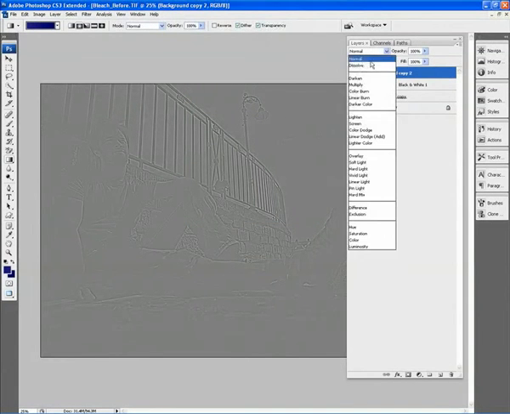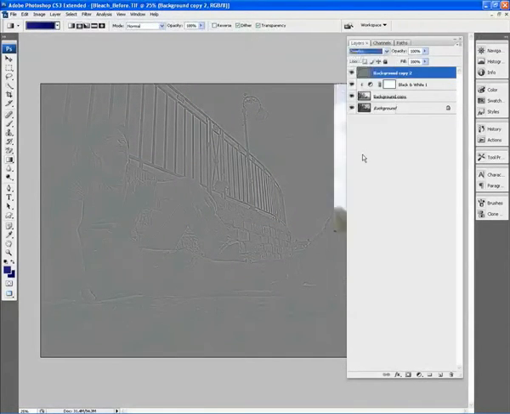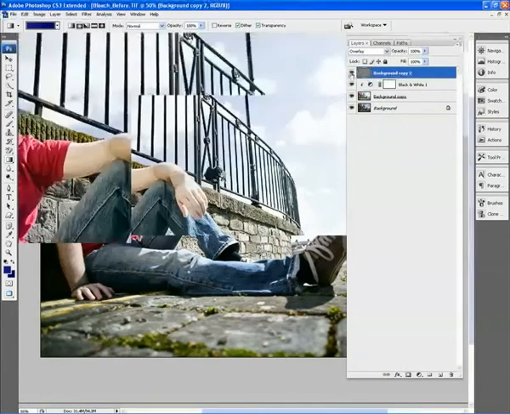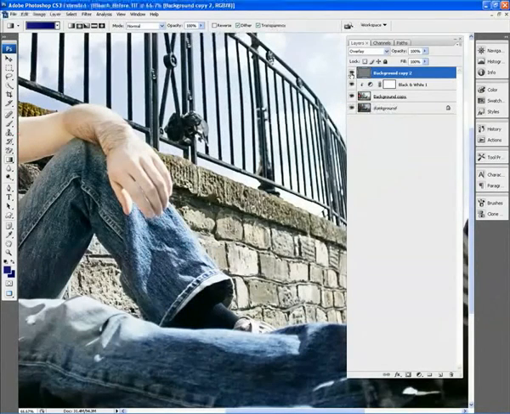And now I just want to take my blending mode to overlay. And there we can see the effect that that's having. If I switch it off and then back on again, you can just see the detail, especially there on the jeans, really coming out. So if I zoom just into his leg there, click that layer off and on, and you can really see